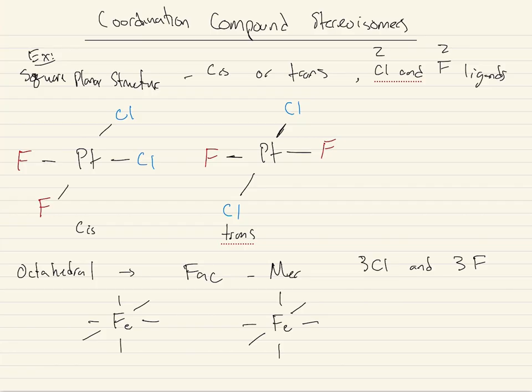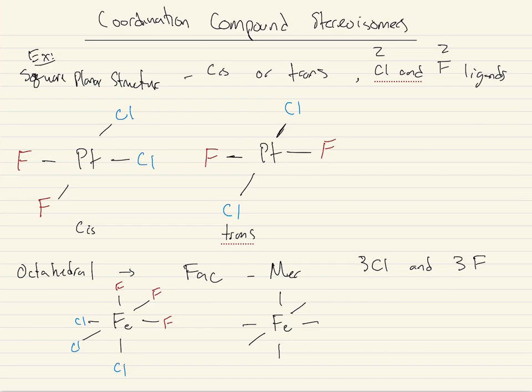A FAC isomer is just going to have all 3 ligands on one face of the octahedron. So what that means is our 3 chlorines, or fluorines we can say, will all be on one face. And the chlorines will all be on another face. And when I say face, it's because an octahedron is going to have